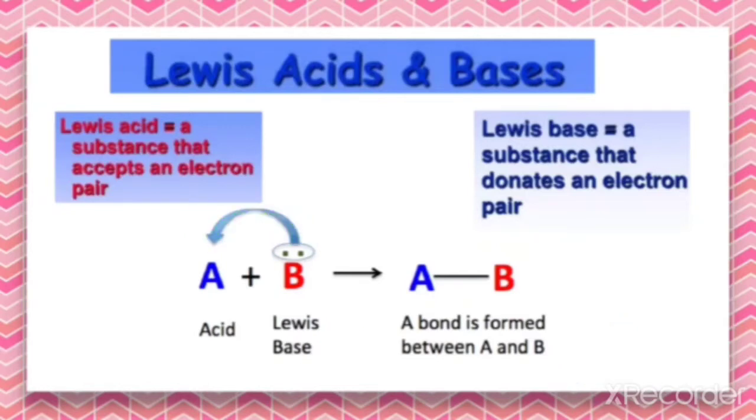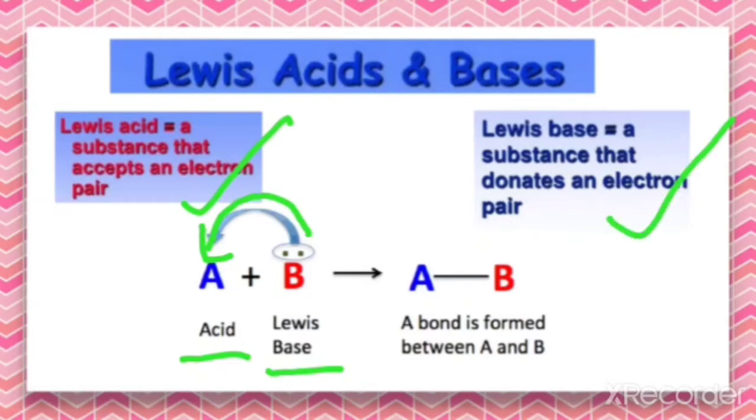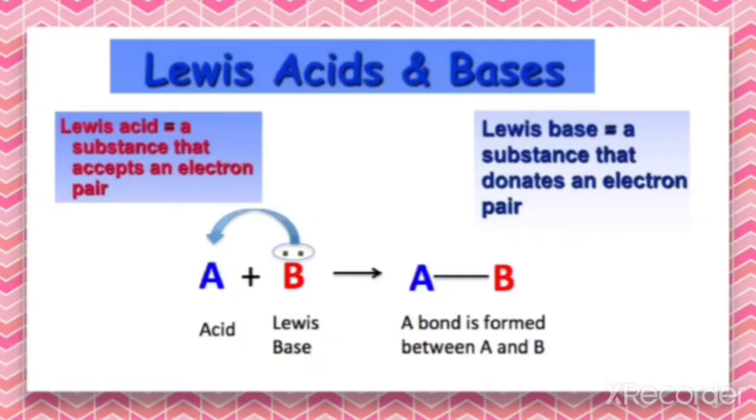So here in this general representation, the electron rich one is B and the electron deficient one is A. The transfer of electron pair takes place from B to A. That means one is donating, the other one is accepting. So the donor is the Lewis base and the acceptor is the Lewis acid. So a Lewis acid is a substance that accepts the electron pair and a Lewis base is a substance that donates the electron pair. So here there is a donation and acceptance of the lone pair, that is the electron pair. Let us take one